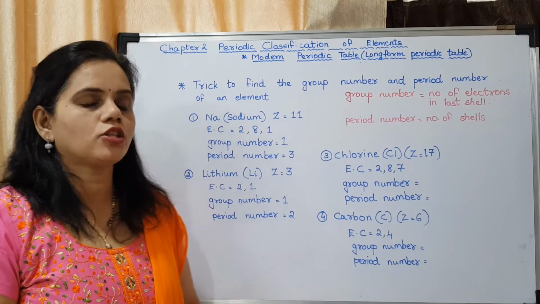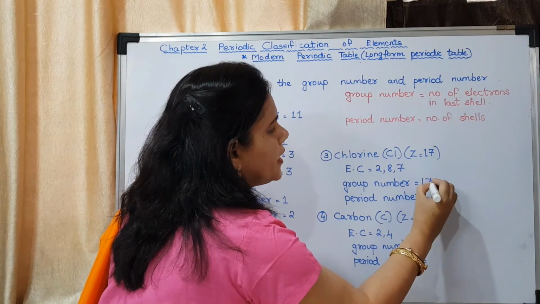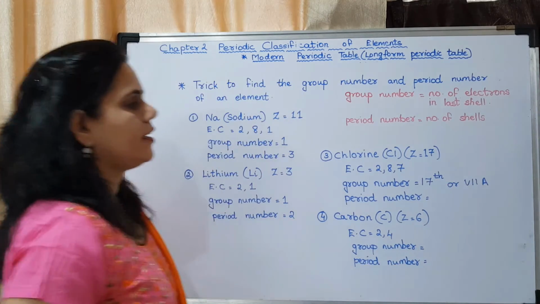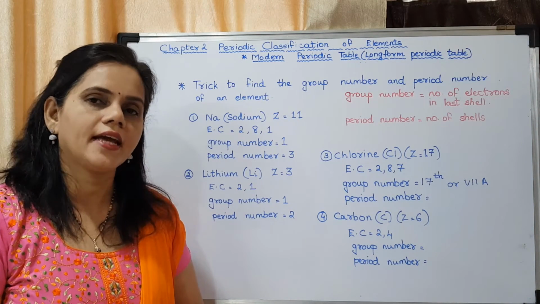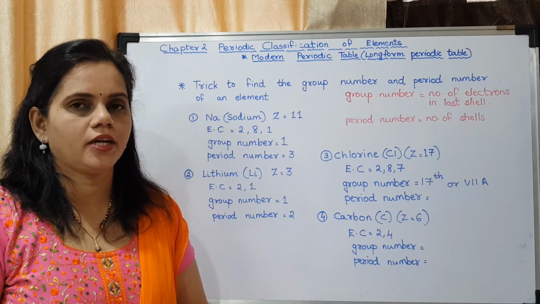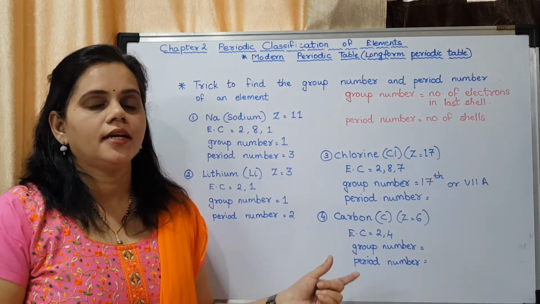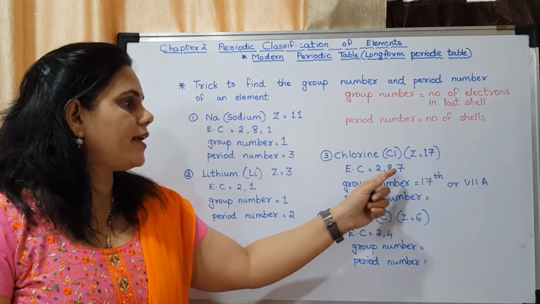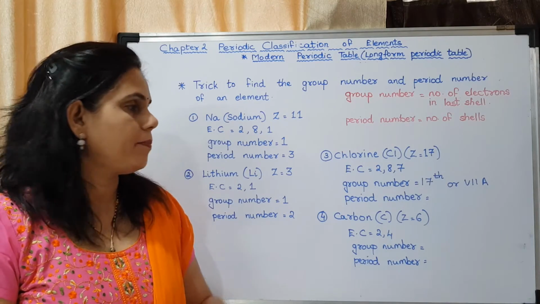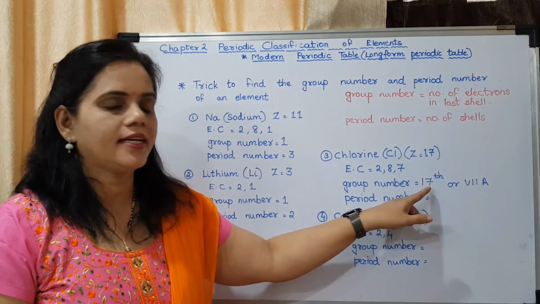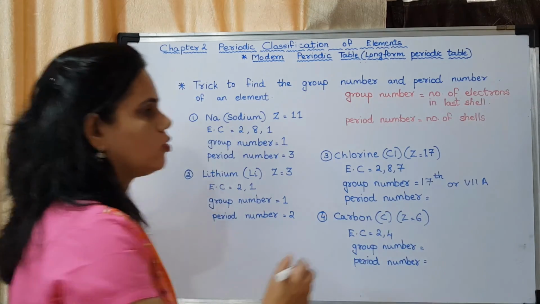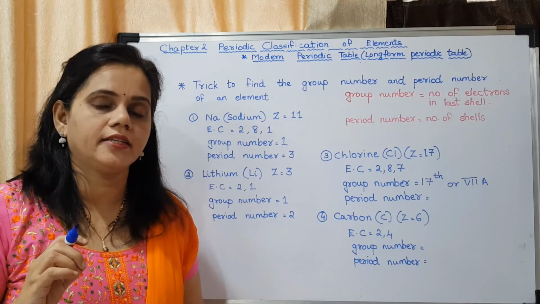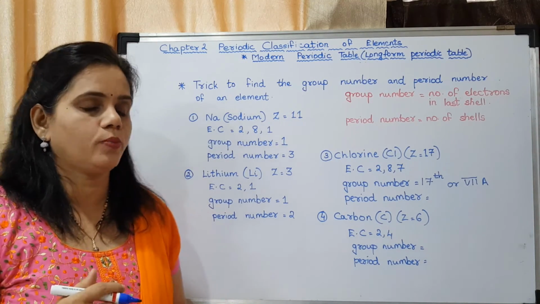But it belongs to the 17th group, or 7A. It belongs to the 17th or 7th A group. Understood? You may check in the periodic table. Now these rules are only for you in 10th standard. It might change. So it is according to the number of electrons in the outermost shell. So the group number is 17 or 7A. Hope you have understood. Either write 7th A or 17th. If you write only 7th, you might lose marks.